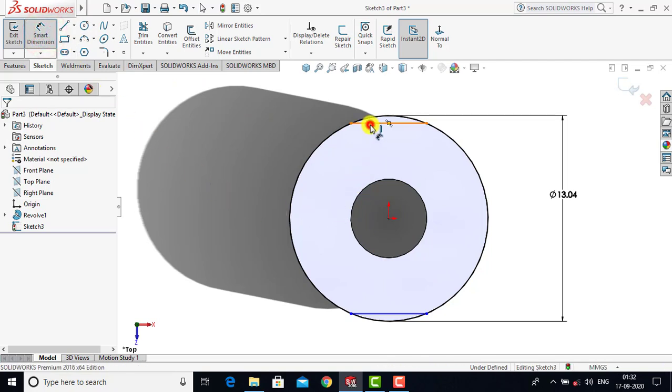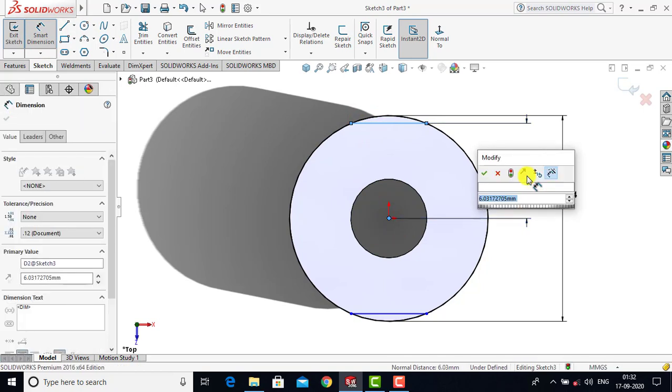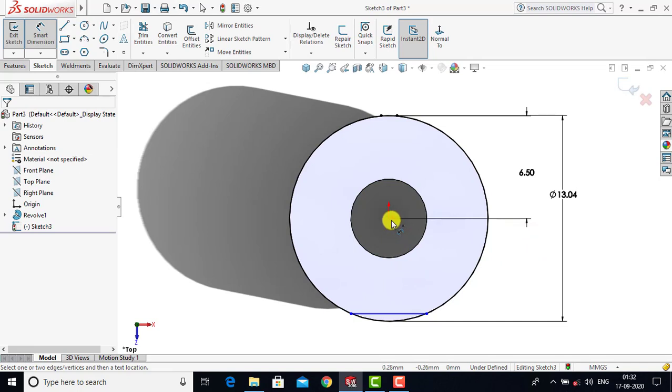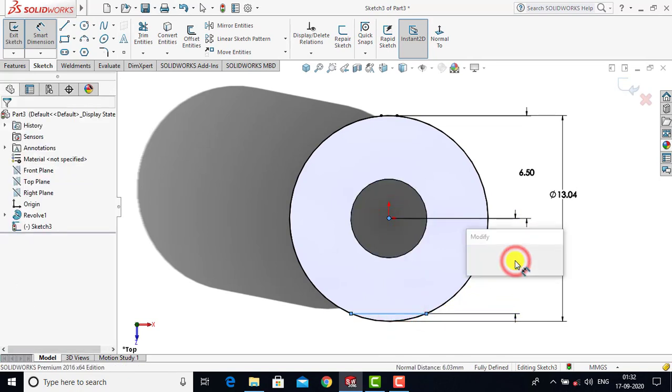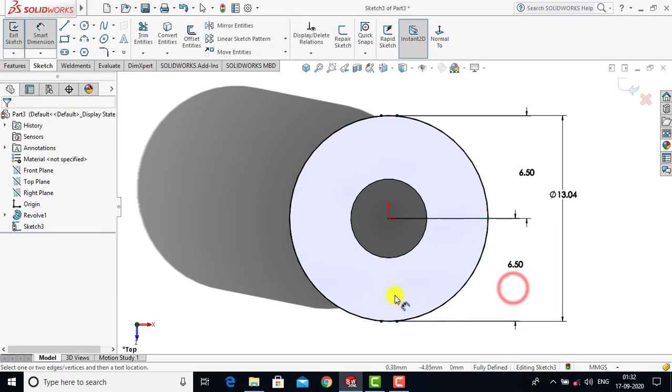Now we'll select here this line, select here origin, and the distance is 6.5 mm. For this line also select here origin, select here this line, enter here distance as 6.5 mm. Now you can see that both the lines are fully defined, and we'll exit the Smart Dimension.